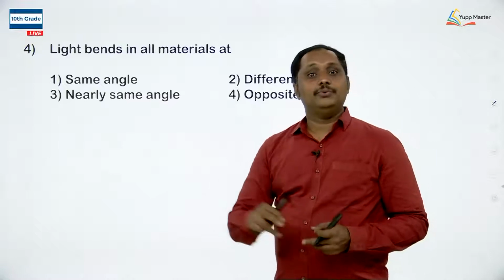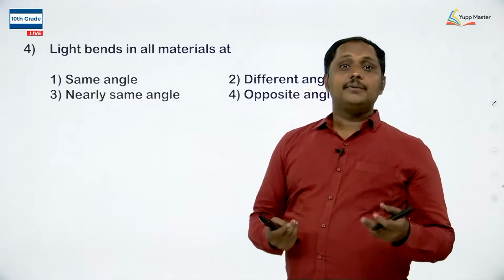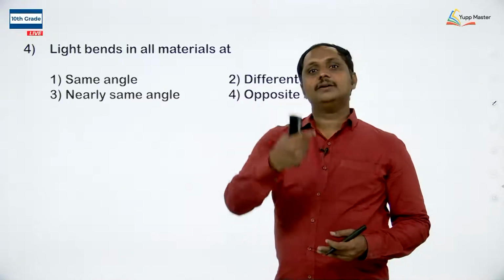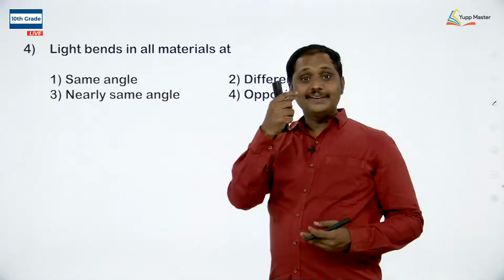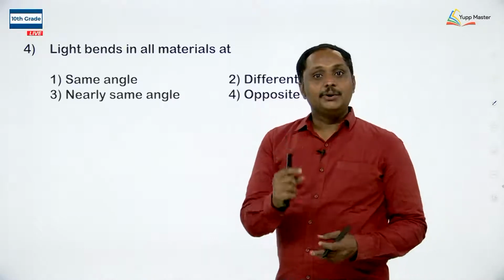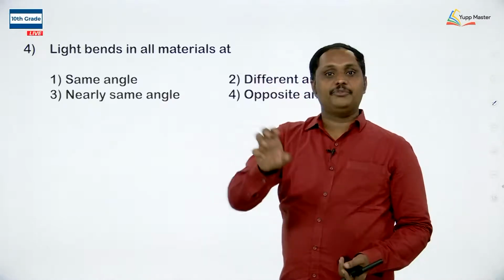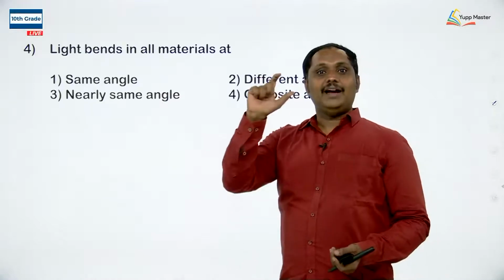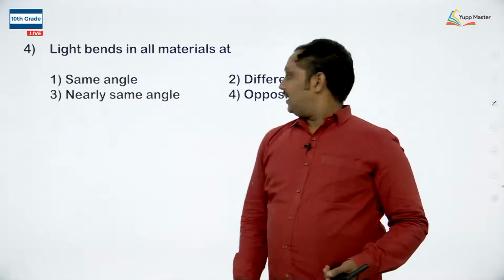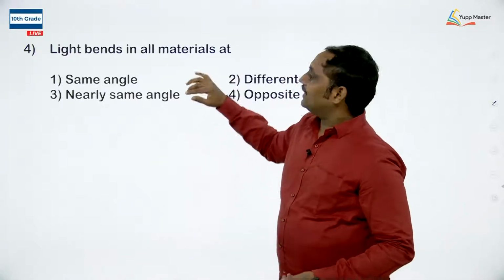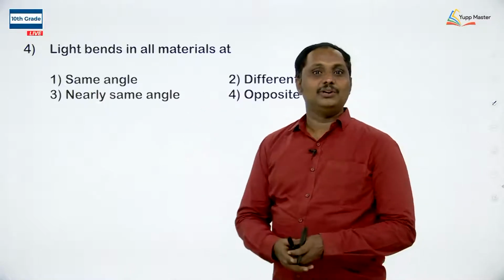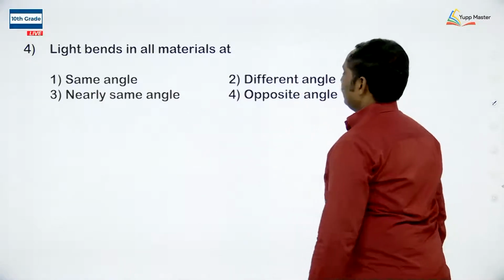If you take water and glass, quartz, diamond, different transparent materials are there. While you are talking about light, you have to consider the transparent substances. So, they have different densities. Now, if you are going to talk about the bending of a light ray,